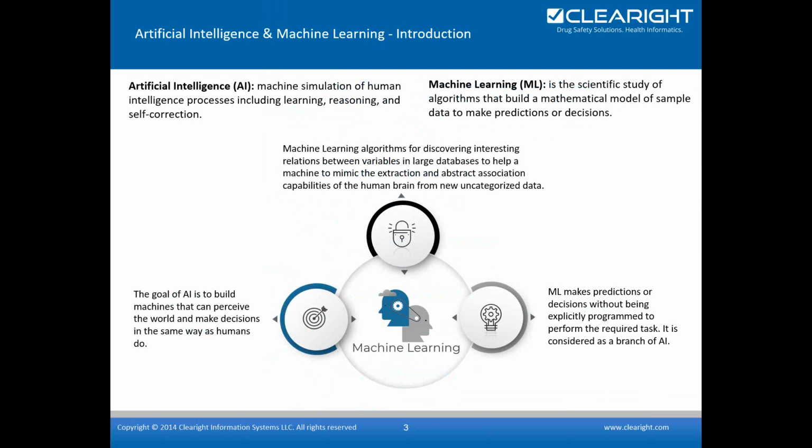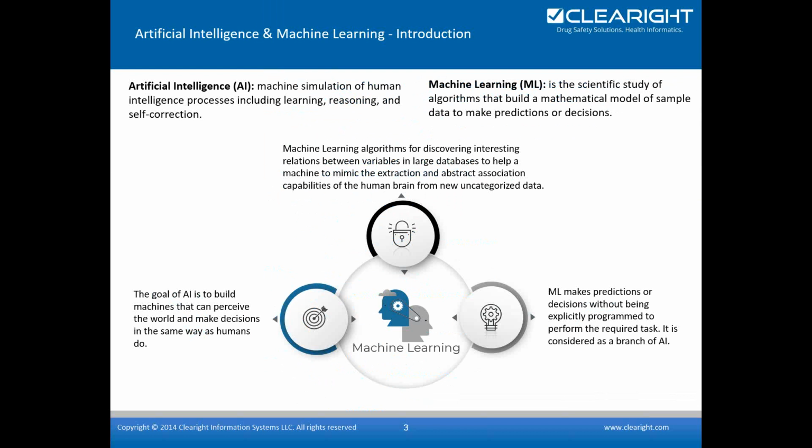So it is important to define what exactly AI and ML are and how they correlate with the context of medical coding. Artificial intelligence is nothing but a machine simulating the human intelligence process that includes learning, reasoning, and self-correction. The goal of AI is to build a machine that can understand the requirements of humans and make decisions in the same way as a human does, so that the variety of data gets structured and stratified based upon different parameters like historical conclusions, the context, condition, qualitative and quantitative assessments, etc.